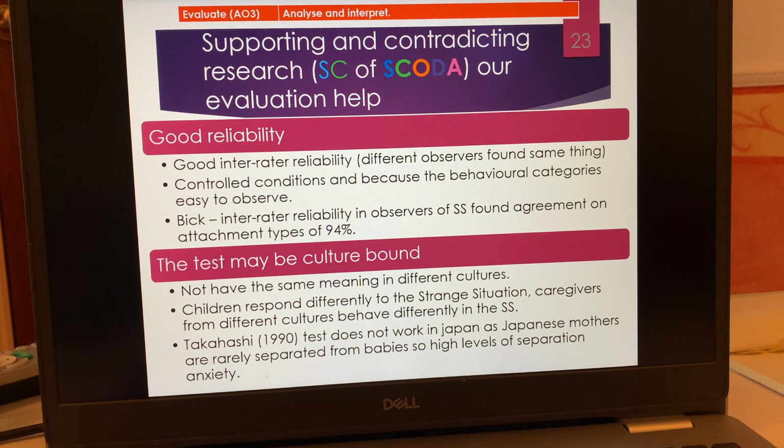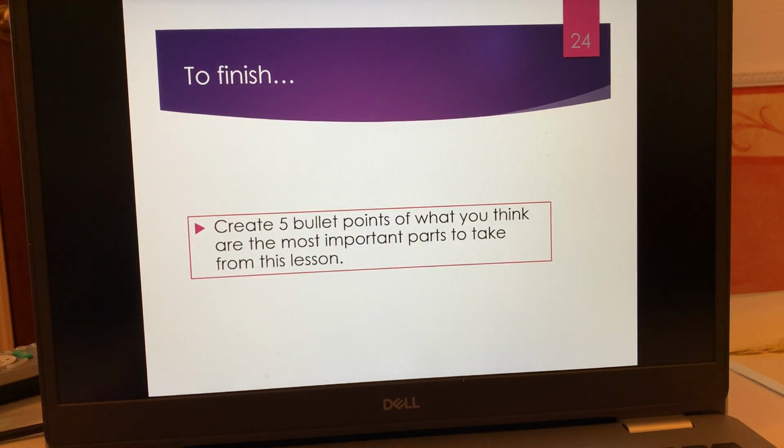And what else? I suppose you could argue that attachment changes over time. A lot of people don't spend that much time with their parents. We have, a bit sociological, a variety of different family types that are being developed. So it's going to look totally different. So lots of things to pick up on the strange situation there.